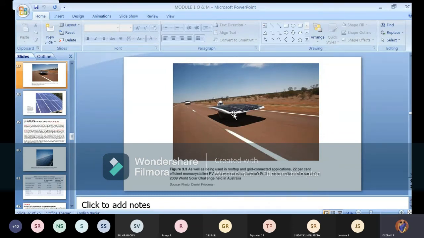This is not multi, but we are having multiple solar panel connection, with cells which are made up of monocrystalline. And they said we are getting 22% efficient output of monocrystalline cells, and this was used in competition, the 2009 World Solar Challenge. Normally every year they will have a competition about electric vehicles using solar panels. I think in our college also they competed last year. This is about which one is efficient, how efficiently it can run. See, electric scooters we are having. So they will compare the efficiency with normal diesel or petrol engine vehicles.